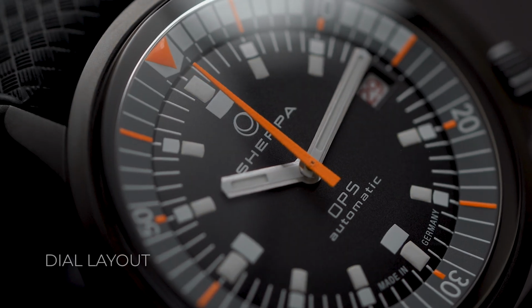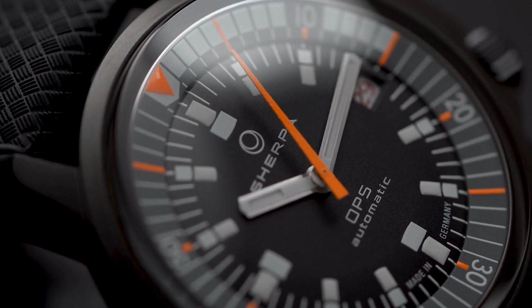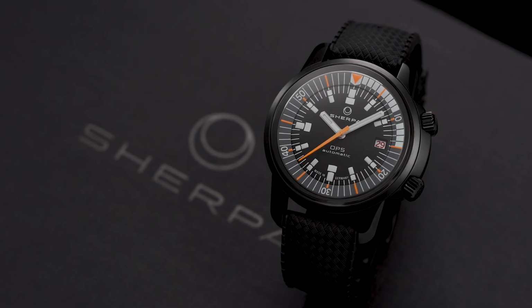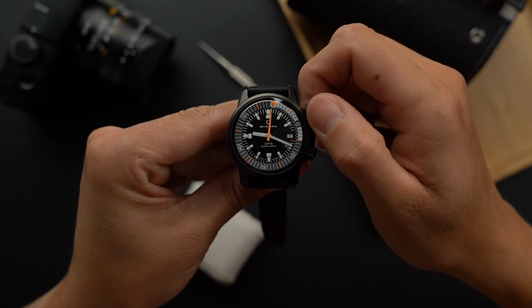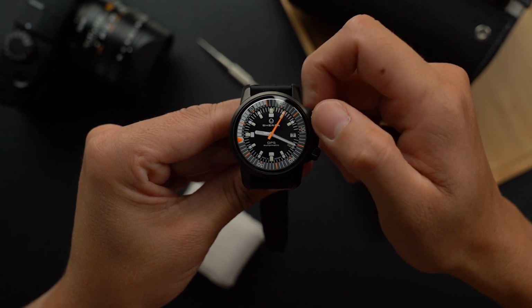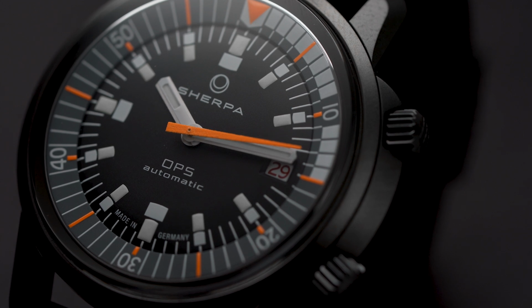Onto the dial. Well, the design is of course entirely based on the legacy models. A very legible combination of white, grey and orange accents that stand out against the deep black dial and the DLC coated case. The inner dive bezel isn't accompanied by your typical ASMR click sound, but instead it features a bidirectional friction bezel. A very rewarding amount of friction is felt when you silently move it around, allowing for a